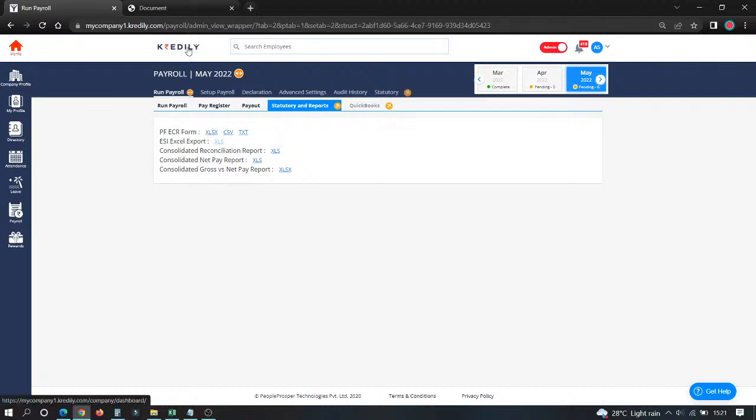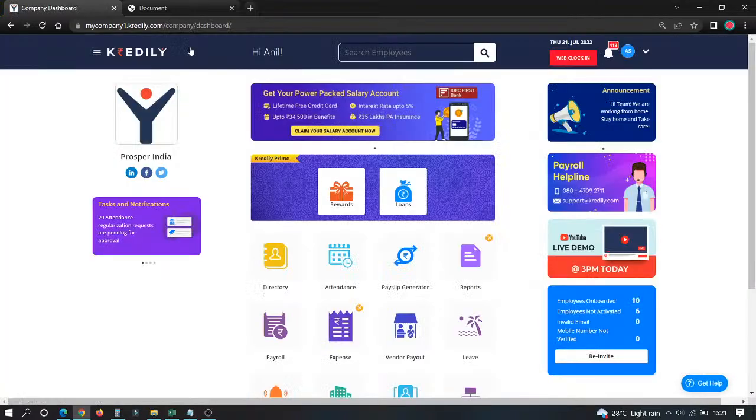So this is pretty much everything about how to use Kredily and how to run payroll and generate payslips for your employees. If you have any questions,